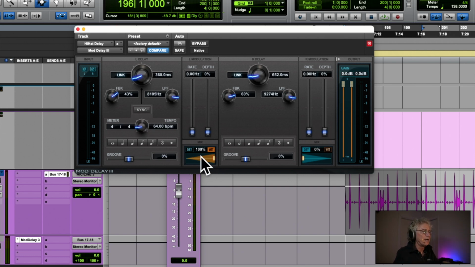So that's one side, right? And then I'm going to make that dry and then turn on the other side. And this one's almost, it's not quite twice as long as this side, right? And I've got more feedback. It does sound like it's more in the groove. So now if I add the other side back in,